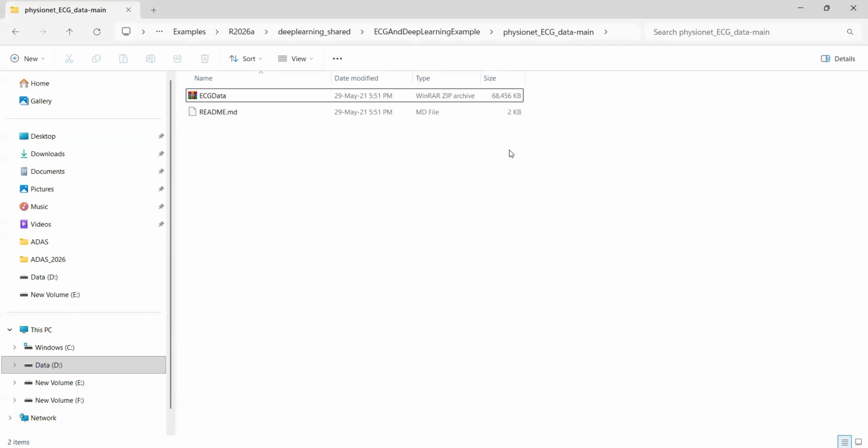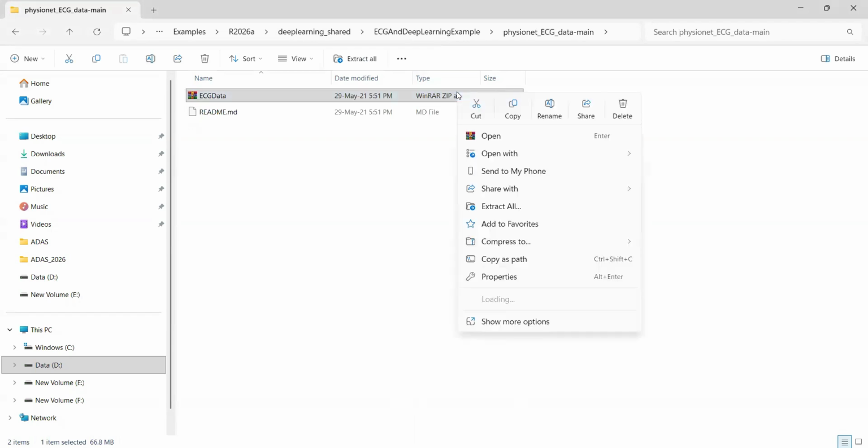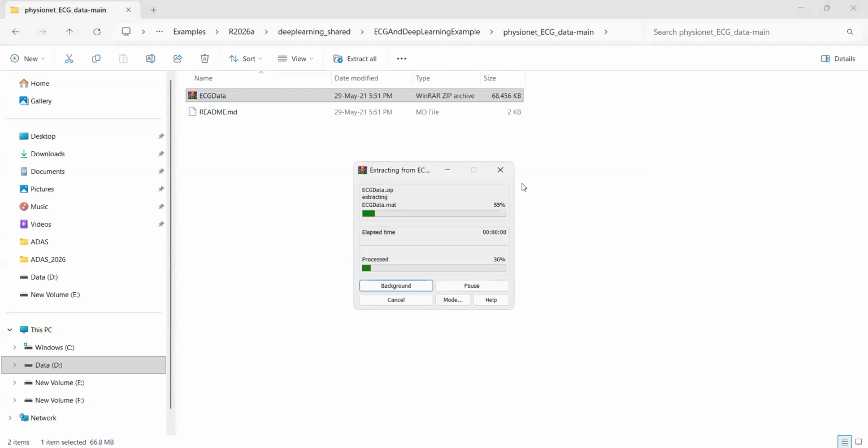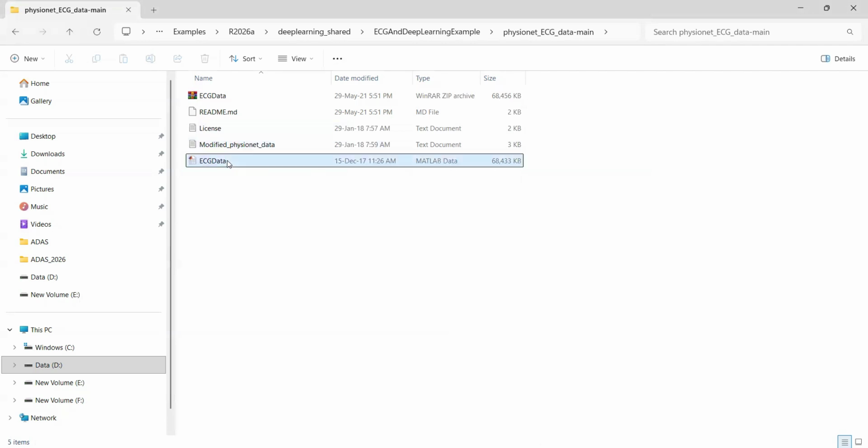As you all can see now, I have downloaded the data. Okay, so it got downloaded in the downloads folder, but I've shared it at another location. And as you can see over here, there is one more zip file. So what I am going to do is extract this over here. So once you are able to extract this, you could see over here the ECG Data.mat file, which is a data